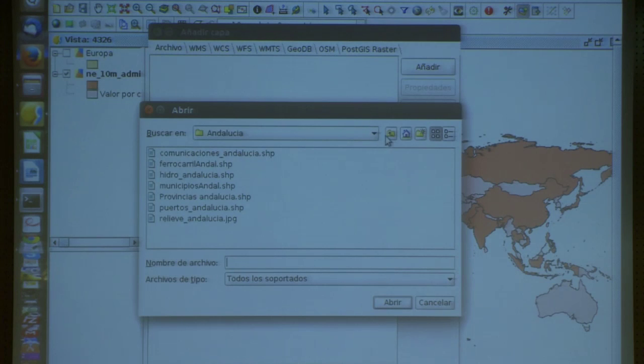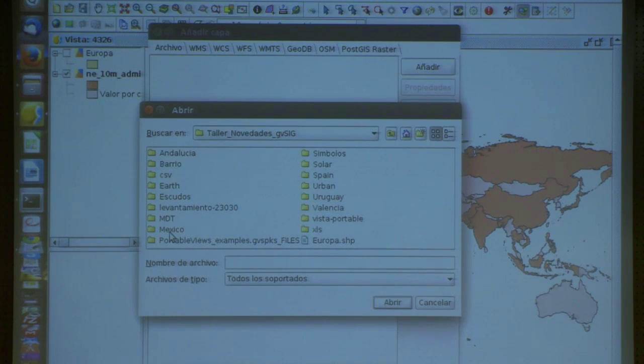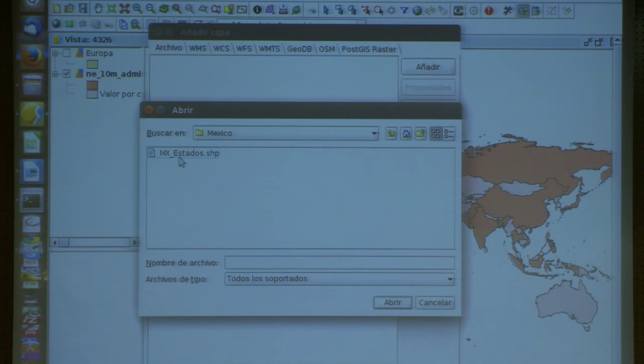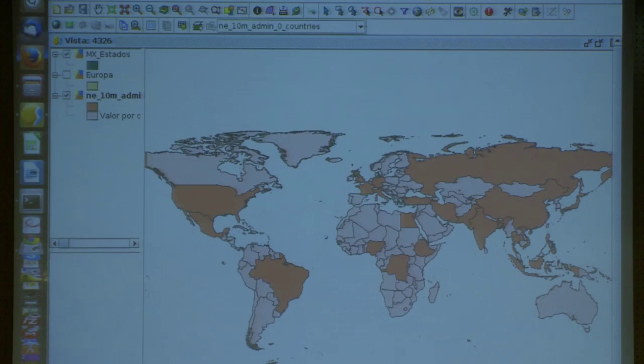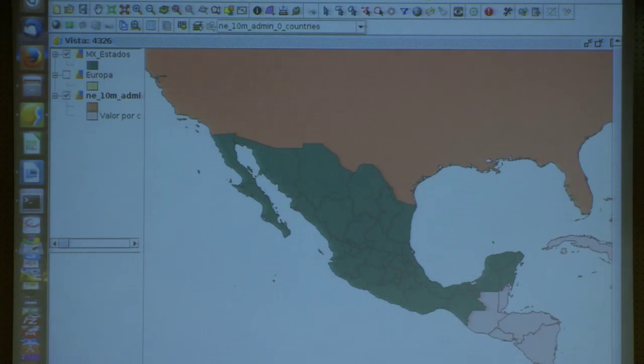here. Add, and here we are going to get into Valencia. Here we have the only shape layer, which is Mexico, the states of Mexico. We say okay, and then we see this is in 4326 and the view, and now